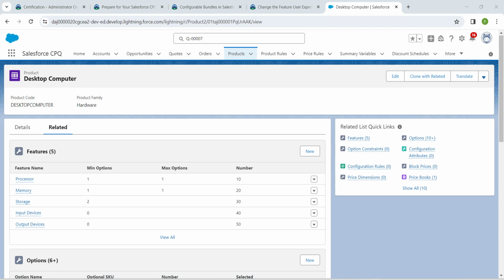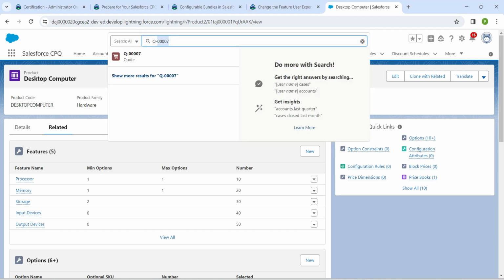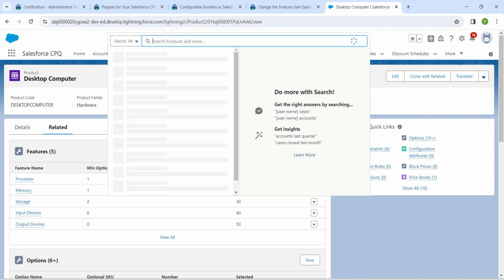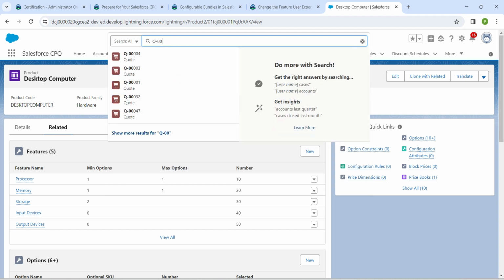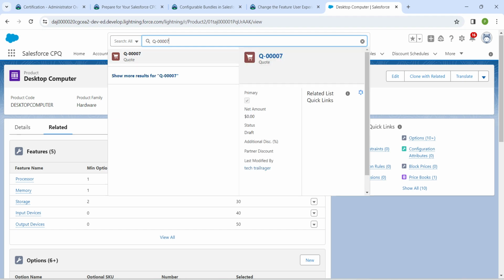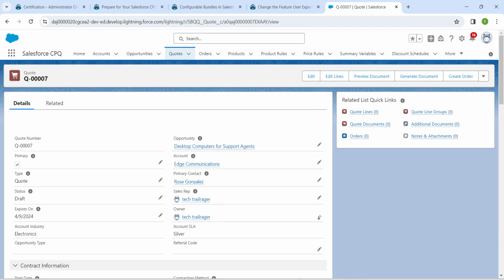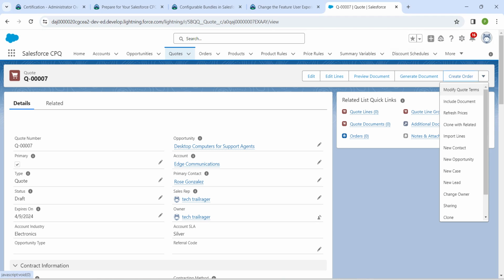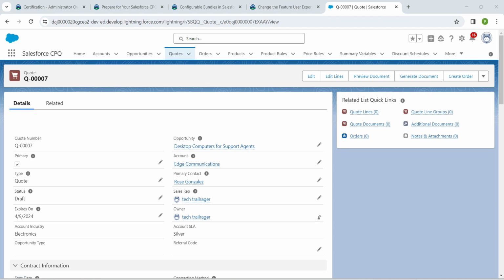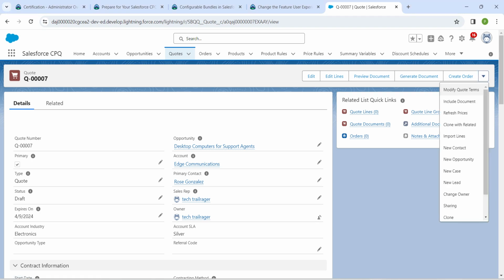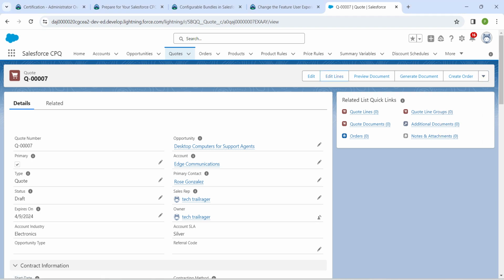So guys, now in this search I'm just going to search for Q hyphen followed by 4 zeros accompanied by 7, so that you will get this code. Just click on it, and now by clicking on this drop down next to create order, we are going to choose edit lines. So sorry guys, edit lines is right over here. Just click on it,